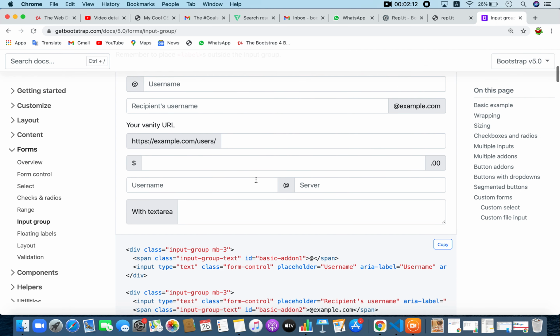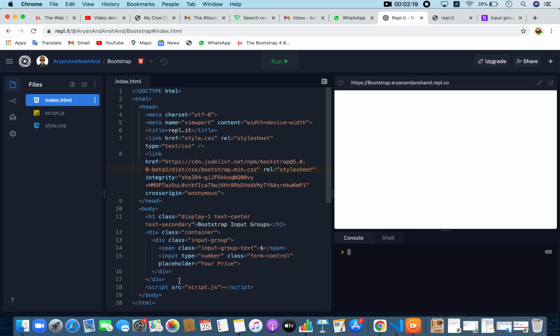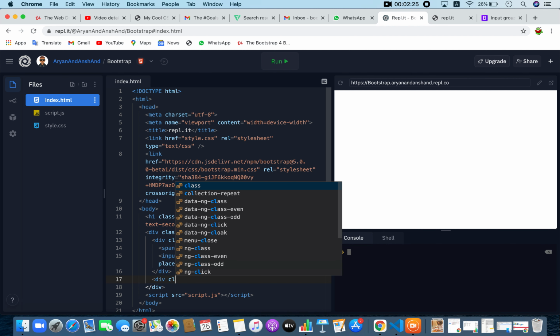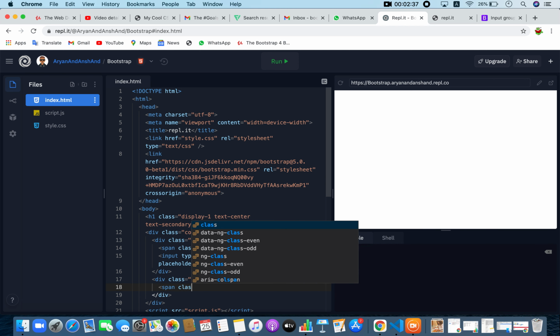You can do it at the end also, like how they've done here. Let's try that out. Once again, I'll create another input group div with the class of input group. Then I'll create a span with the class of, no, first we have to create our input.